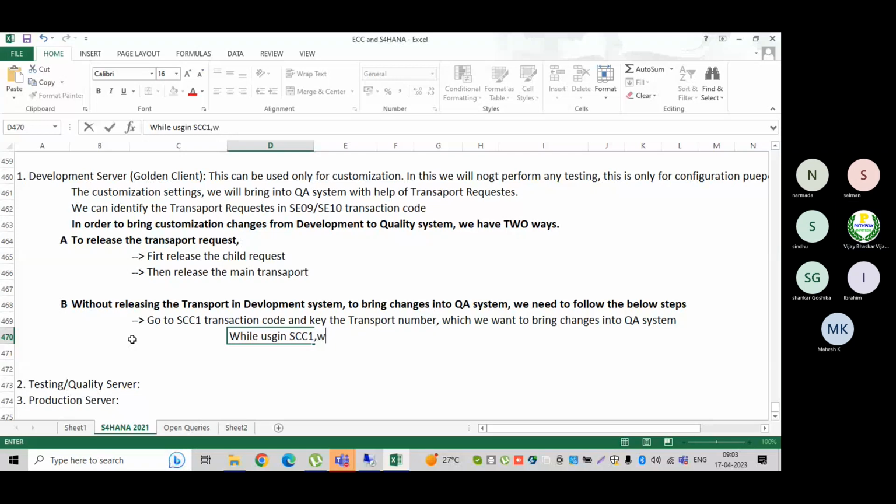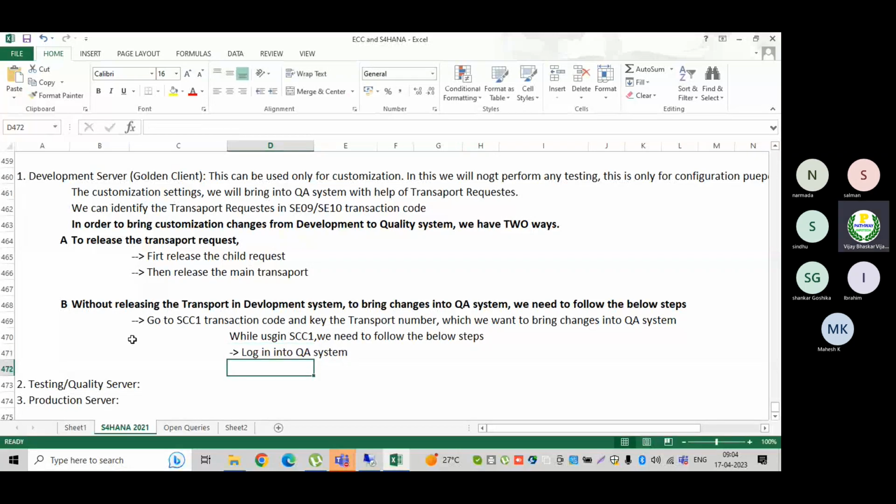Step number 1 is to log in into the QA system. Remember, if you are bringing changes of development system TR changes, then first you need to log in into the QA system, the quality system.